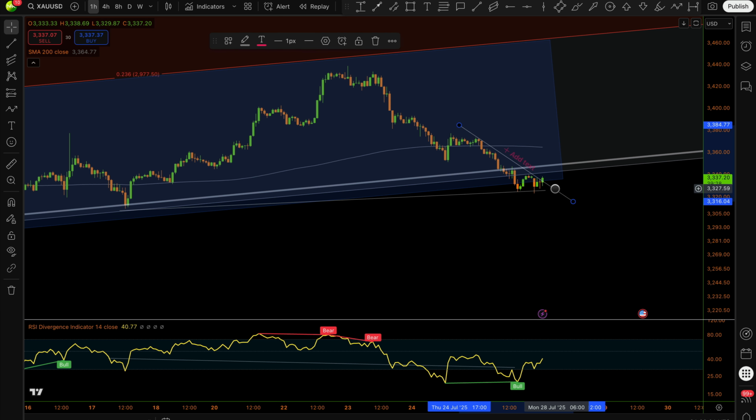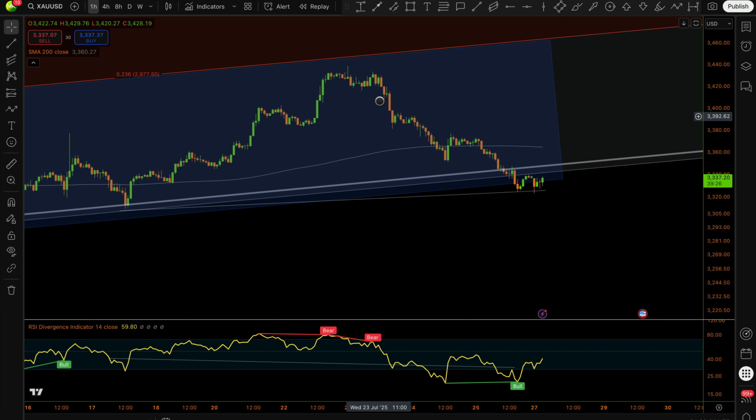This is too steep, so it might not be very efficient, but we're going to be working out with a lower or closer timeline. So we're going to work with this one. So when we have a clear breakout, because that's exactly what we have forming here, more like a pennant formation, you know. So if we have a clear breakout above this level and price returns back above this long-term trend